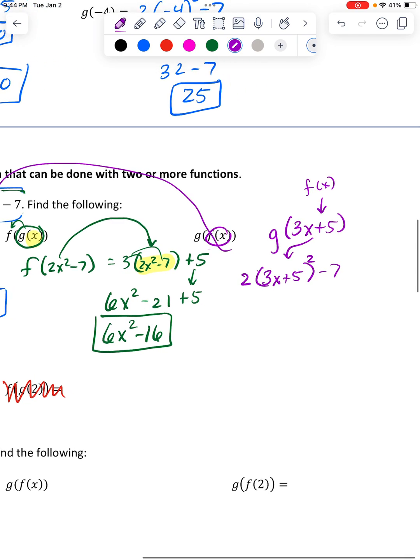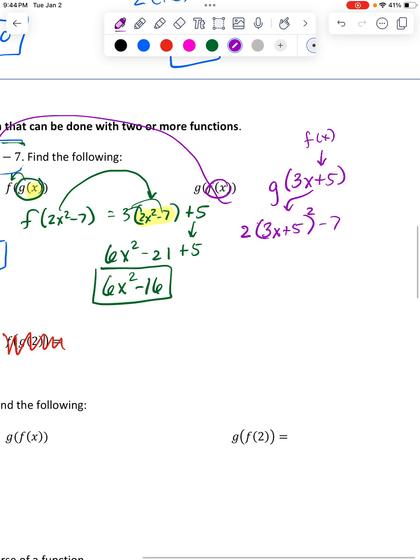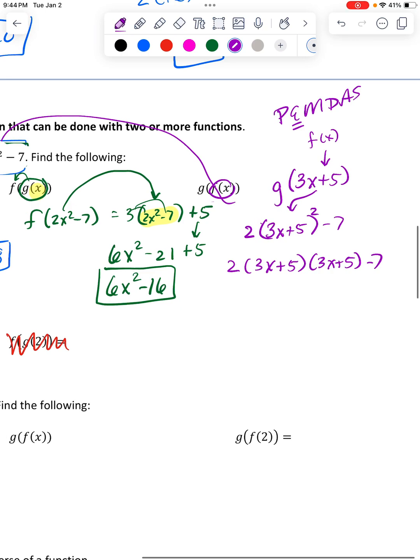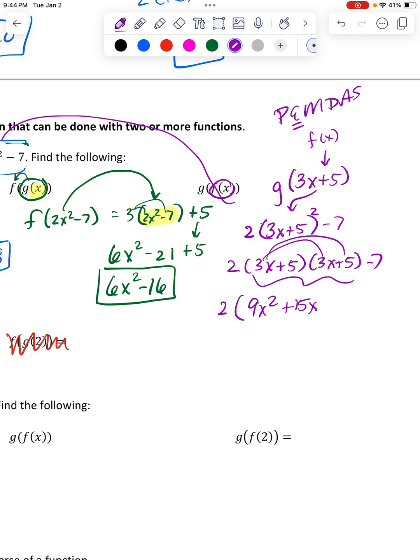This one's kind of hideous. We have done this already, though. We need to know by this point in our math life that squared means multiplied by itself. Also, still PEMDAS, very real. I need to do that exponent part first, so I need to square these two first through FOIL. The 2 will wait out in front. So first is 9x squared, outside is 15x, inside is another 15x, and then these are 25